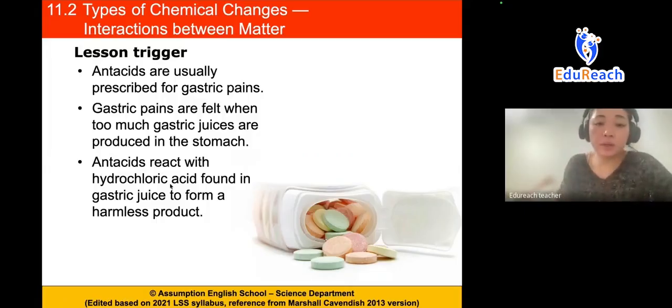So the reason why our stomach releases acid is to kill any foreign bodies or bacteria that can harm us. That is to keep us from getting food poisoning and things like that. But sometimes our stomach might release too much gastric juice, and then there will be too much hydrochloric acid in our stomach. That is the thing that causes the pain of gastric pain. So we want to remove the excess hydrochloric acid to relieve the pain, and we can do this by consuming acid tablets.